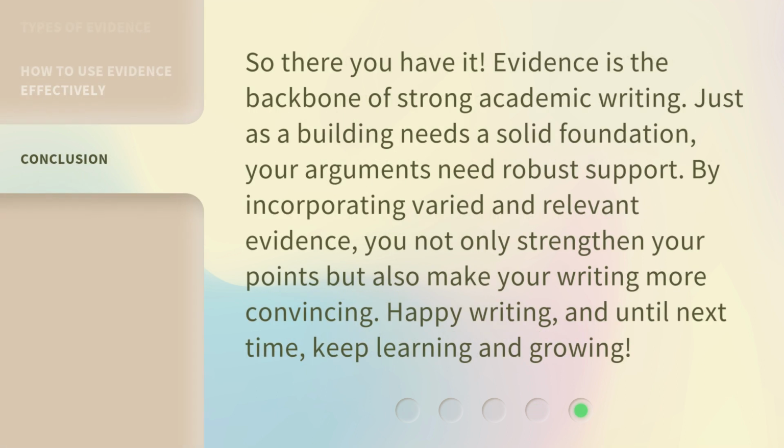So there you have it. Evidence is the backbone of strong academic writing. Just as a building needs a solid foundation, your arguments need robust support. By incorporating varied and relevant evidence, you not only strengthen your points but also make your writing more